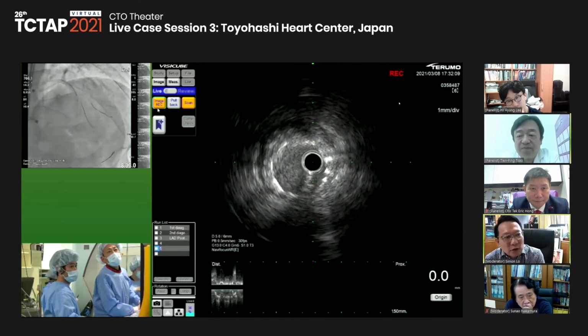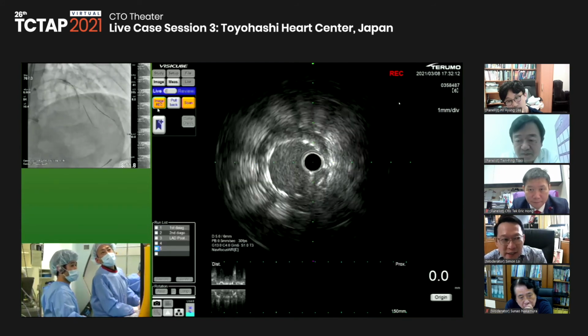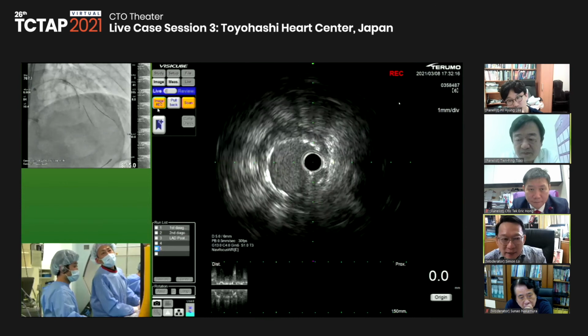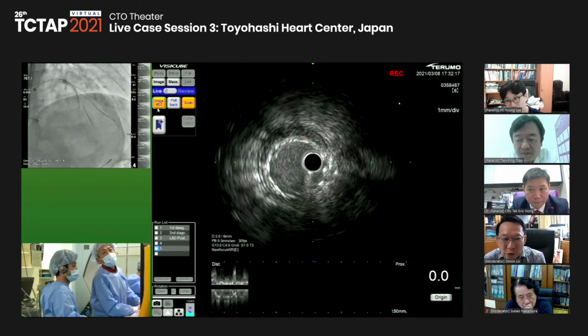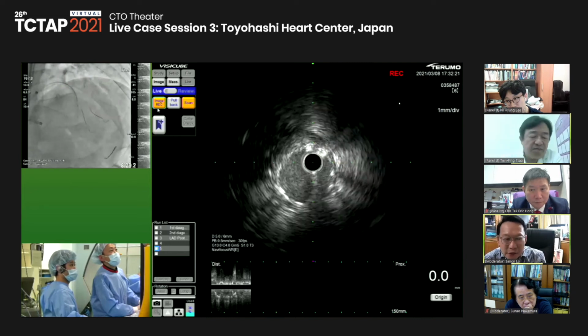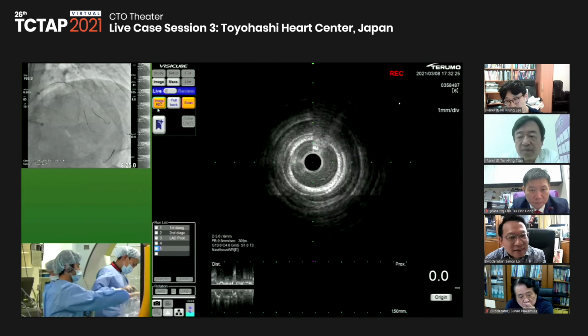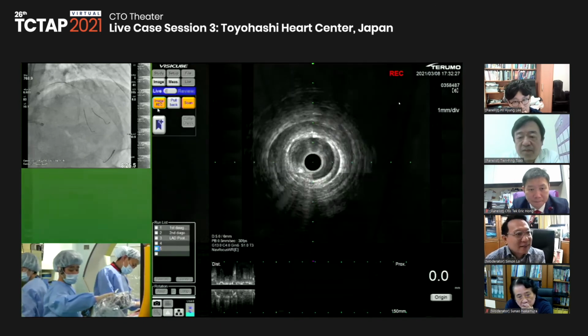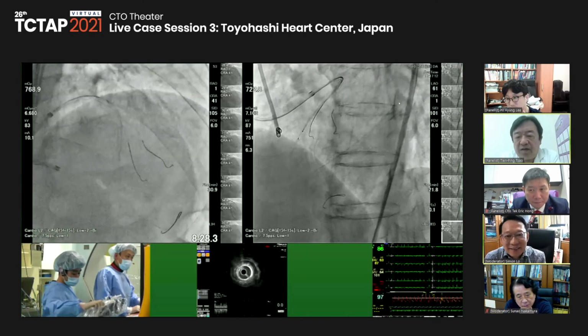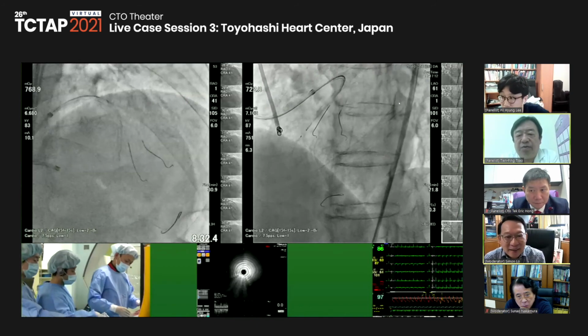But in this case, it looks like from the IVUS, the segment of the stent where the second diagonal comes out, the area near the second diagonal was also under inflated. So they should post dilate the segment proximal to the second diagonal with a bigger balloon.